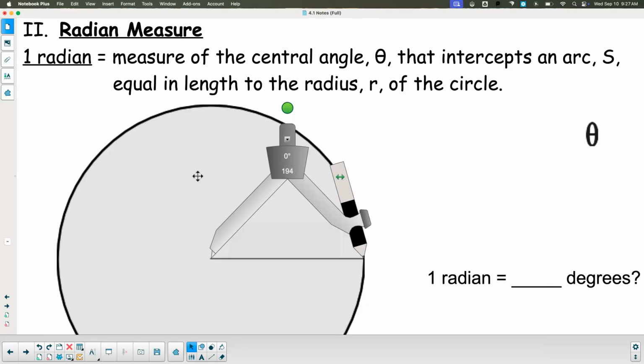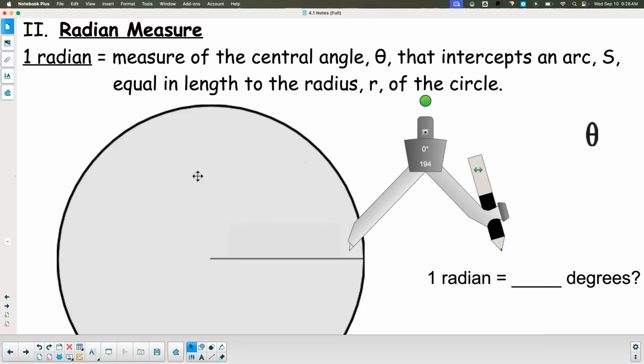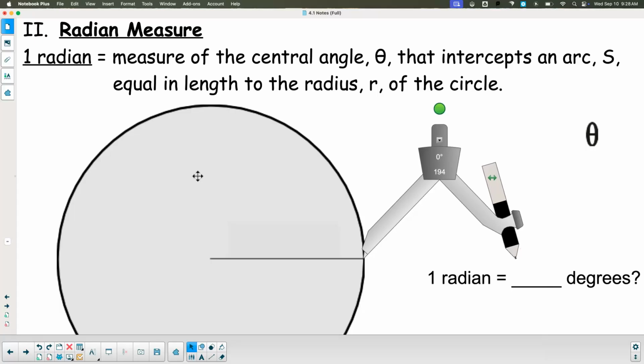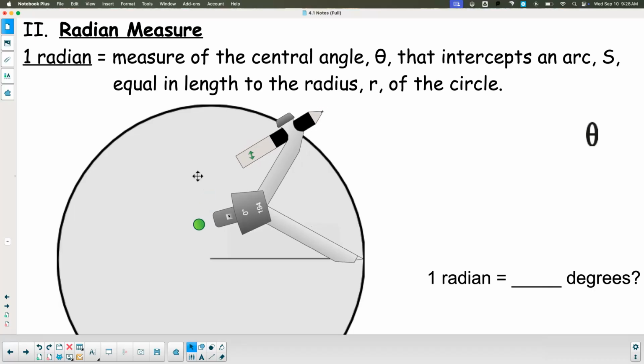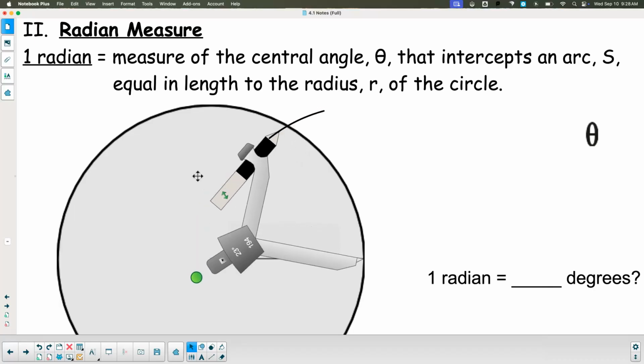So if this were here in the room, I could be standing at the center of the circle right now, and I could walk 7 Smarties over here, or 6 Smarties, or however much distance over here, and that's my radius. Okay? A radian takes that same length, but now converts it onto the circle